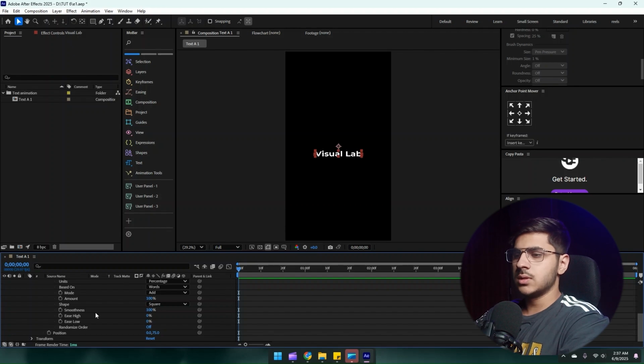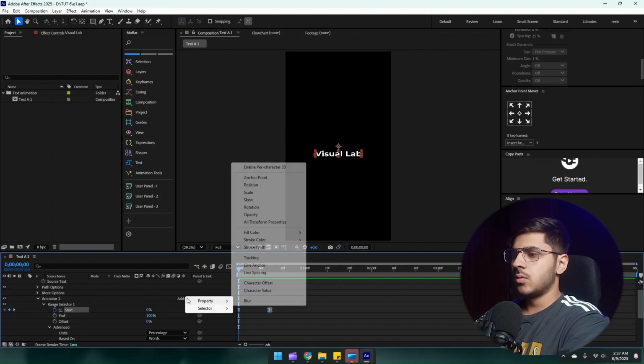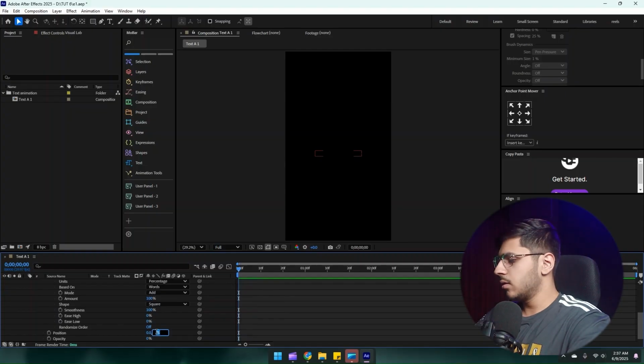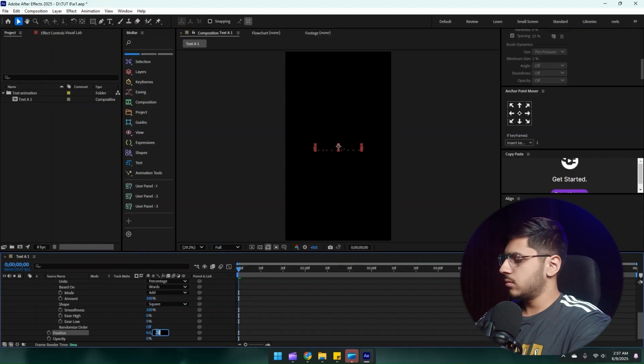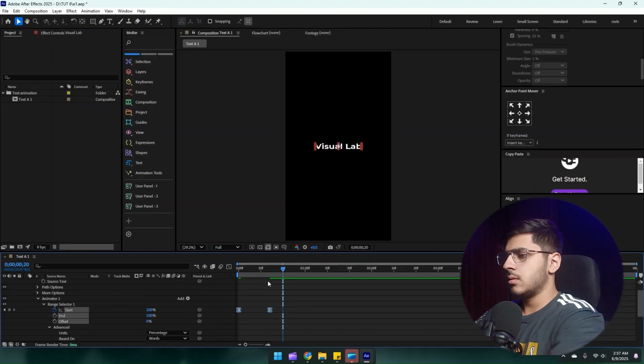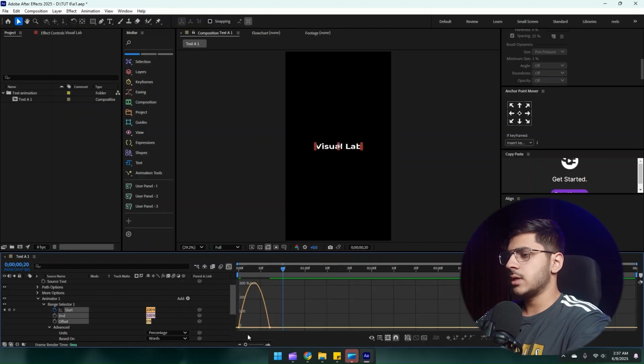So what we are gonna do is just go to add, go to property, and then opacity, and make it 0, and just play it. Now if you want, you can just increase the position, make it 130 if needed, just like this. Now just select the speed graphs and let's increase the speed a little bit more,